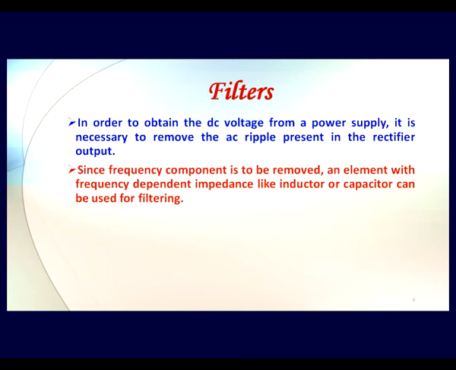Also, if you remember, in the rectified output the signal goes from 0 to V maximum and comes back, then again goes up to V maximum and comes back. So it is a kind of sinusoidal signal only, which varies from 0 to Vm, the peak amplitude of the input signal. Now when we want a DC voltage at the output, we want the output of our circuit not to reach the 0 value, but to remain at the average value, typically near the DC component of the rectifier output.